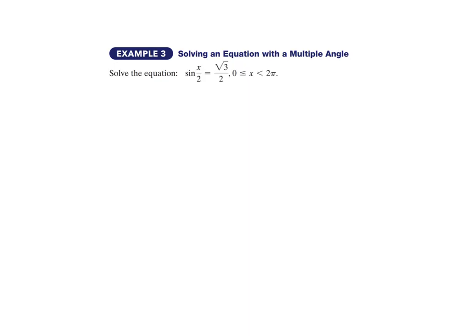All right, example 3, solving an equation with a multiple angle. So I've got sine of x over 2 equals square root of 3 over 2. What we're going to do is first find on our unit circle where sine equals square root of 3 over 2. That means the angle we're taking the sine of has to equal pi thirds, or 2 pi thirds. Those are the only 2 places in the unit circle that the sine of an angle equals square root of 3 over 2. Now, we also need to add our 2n pi,